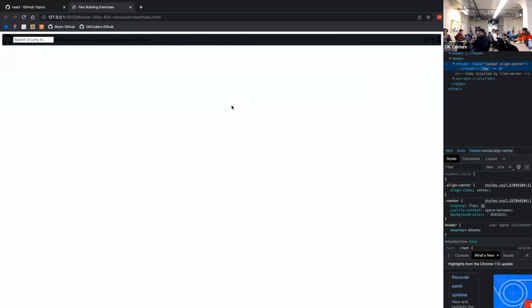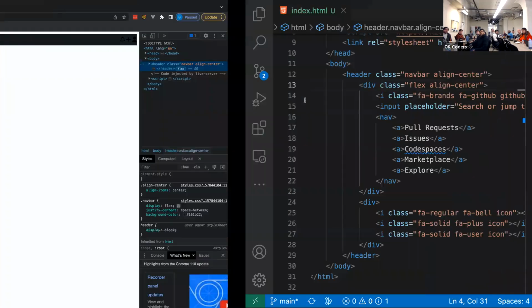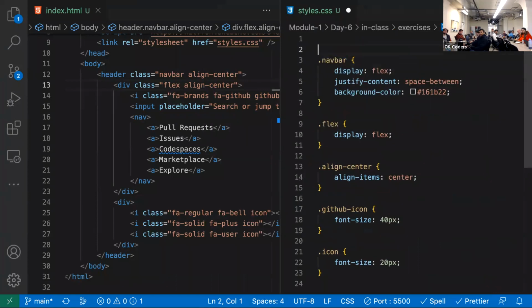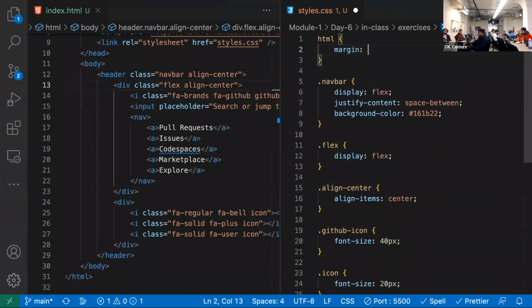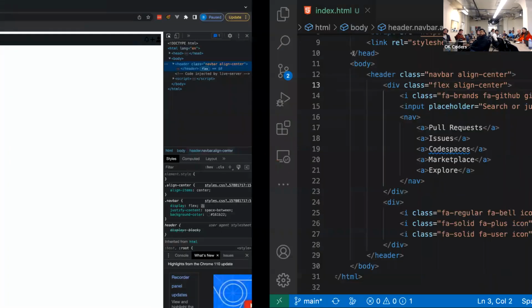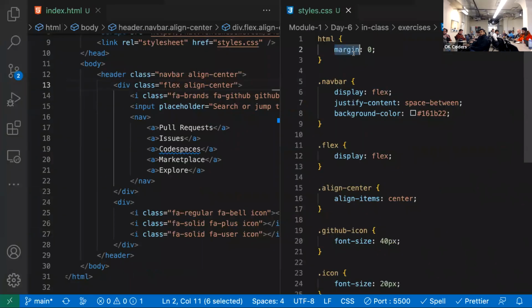Oh, let's go ahead and just do our generic resets to our whole file, being this and also the box sizing. So we need to do HTML margin. There's none. 0, and that should not get rid of that. It's padding probably. I think you need to do body too, which is